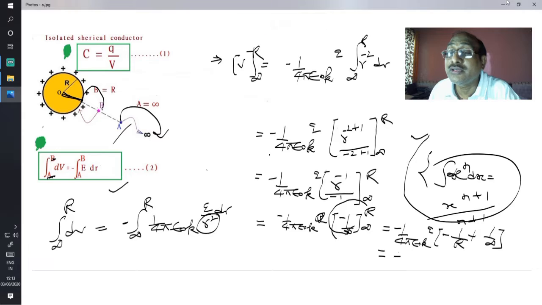This comes out plus 1 by 4 pi epsilon naught K Q upon capital R,